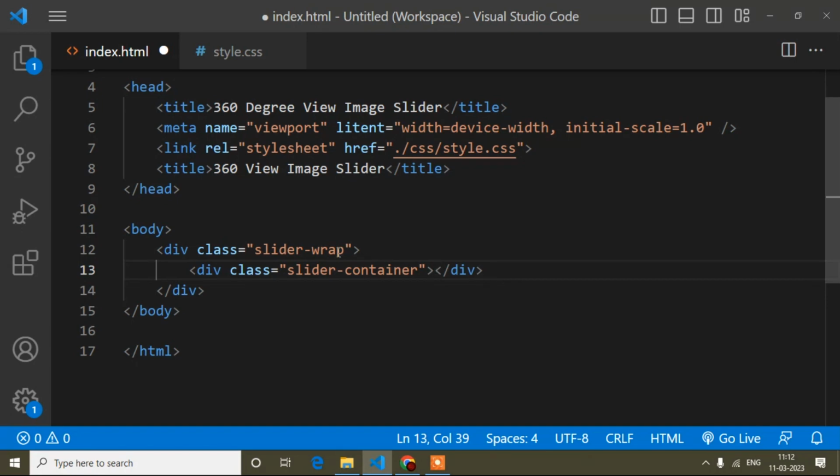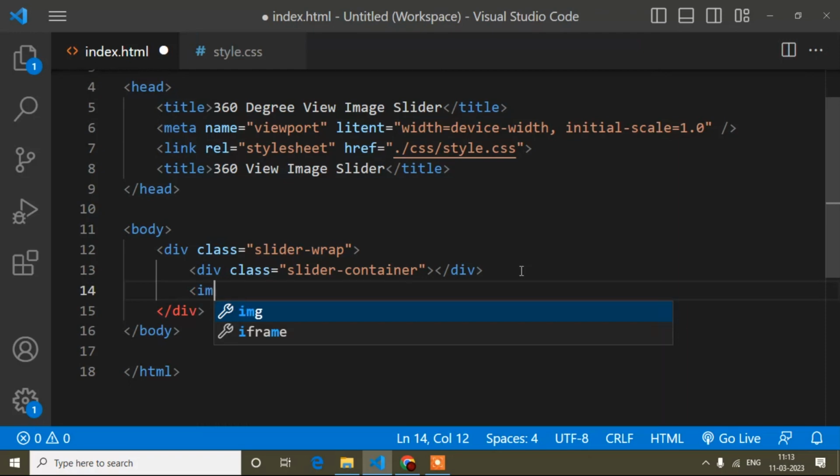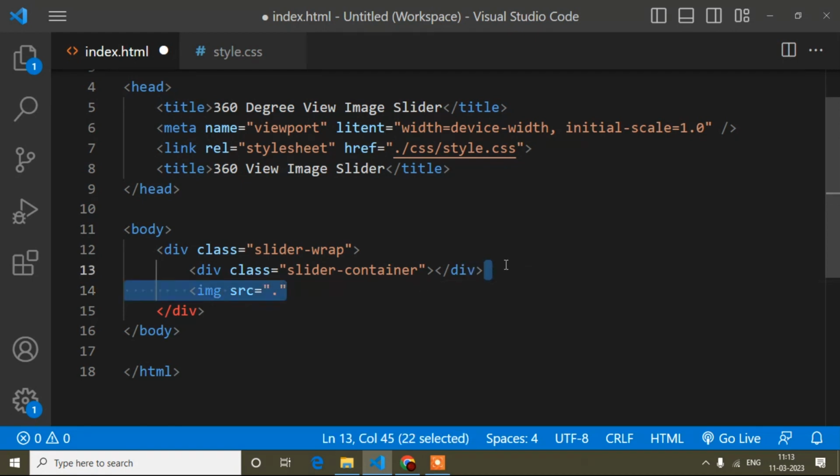Same way, when I display the image, you can use a background image, or else you can use an image tag, like image source and after that the image path name. You can do it this way.